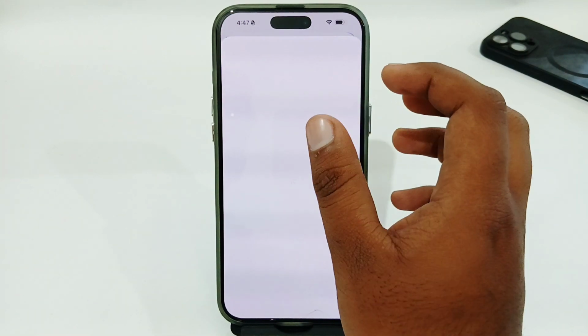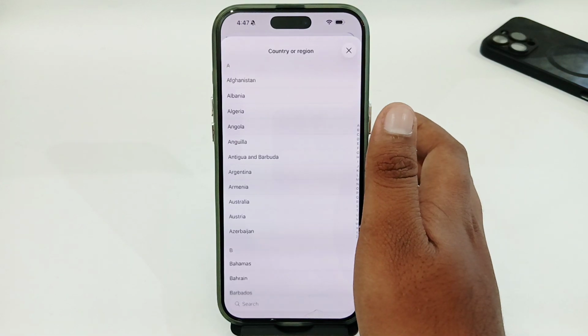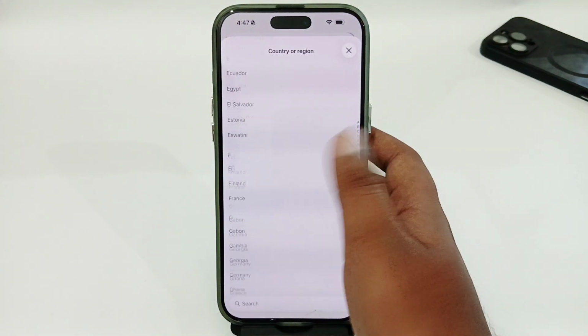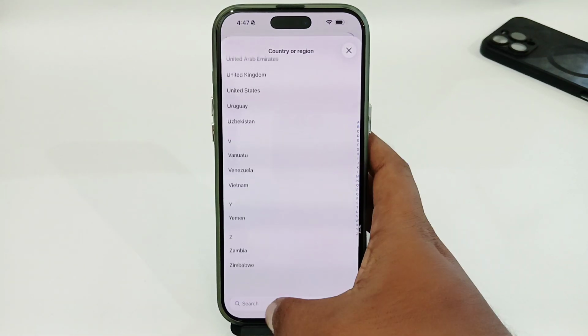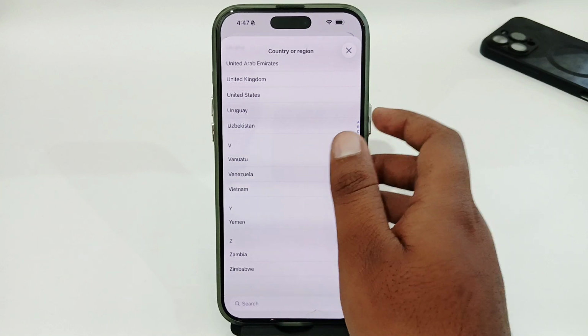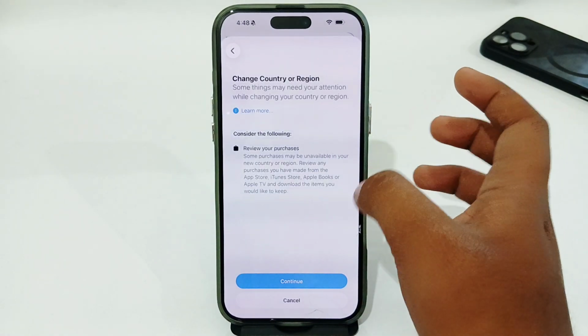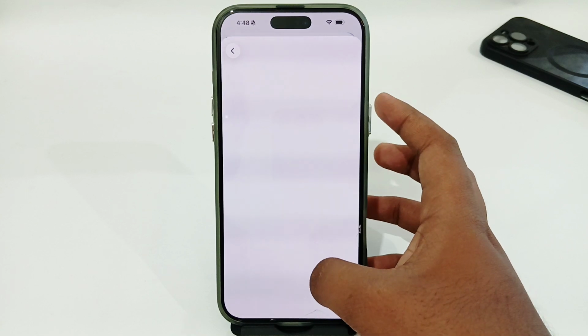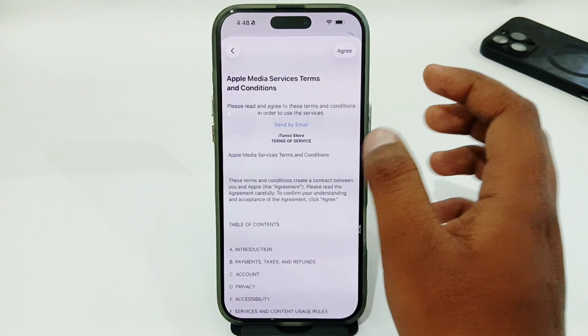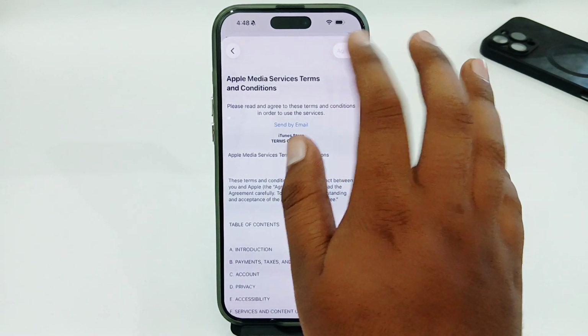and here you just have to select the country or region in which you're living or which you want to set. In my case, for example, I'm going to select this one, so select that option, then tap on the continue option from here, and here tap on the agree option in the top right corner,